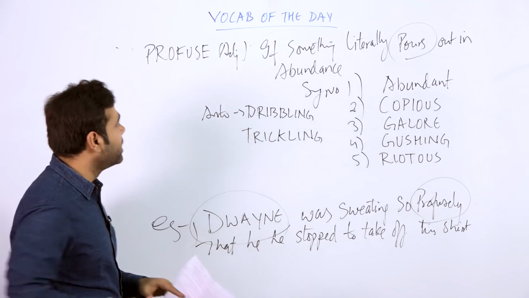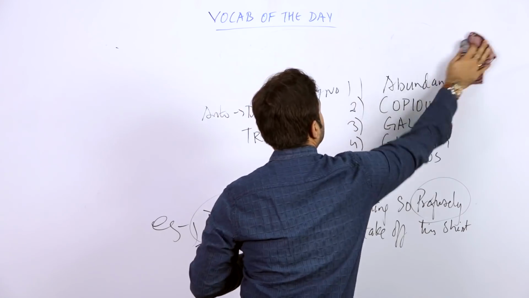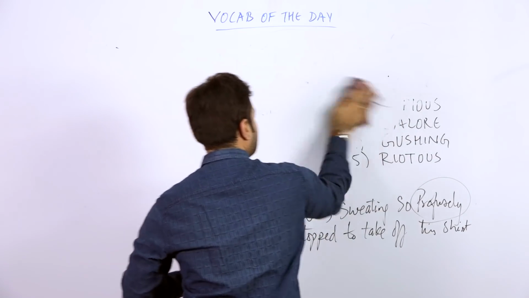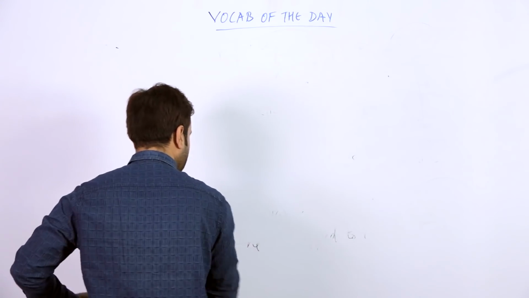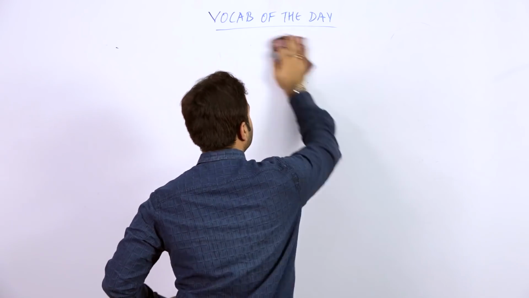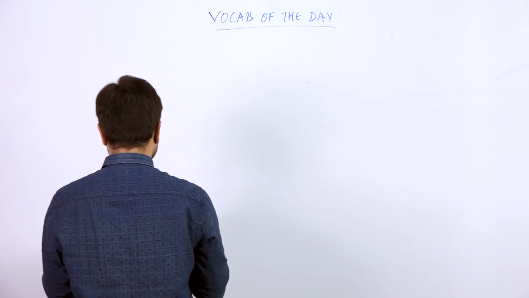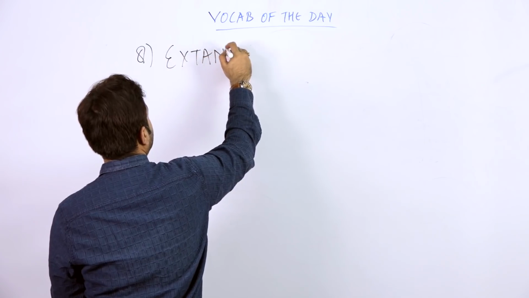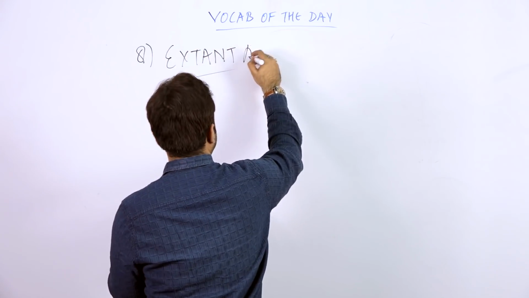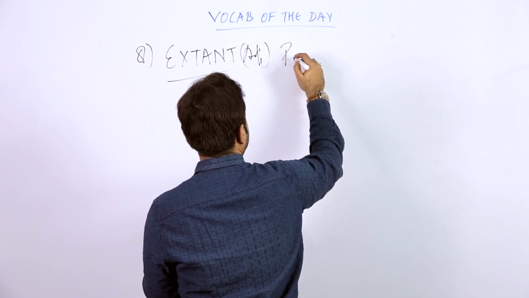Let's proceed to the next word after profuse. Profuse was the seventh word, and I think everyone is getting here. The eighth word that we are going to discuss is again a very nice word, students. In fact, from the sentence also it was pretty clear how we can use the word profuse. So the eighth word is extant. Now first of all let me tell you, this is an adjective.